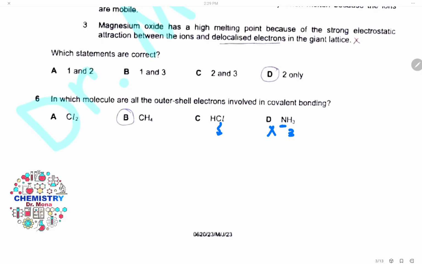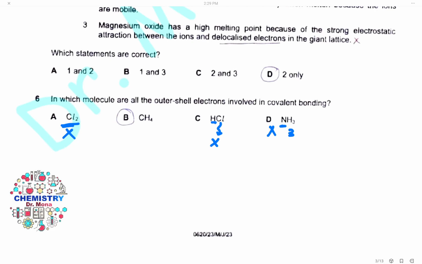Chlorine is in group 7. It has 7 outer electrons. Only it shares 1 electron with hydrogen, so not all the outer shell electrons are involved. Here also again, chlorine only shares 1 electron from each chlorine atom, so again not all the outer shell